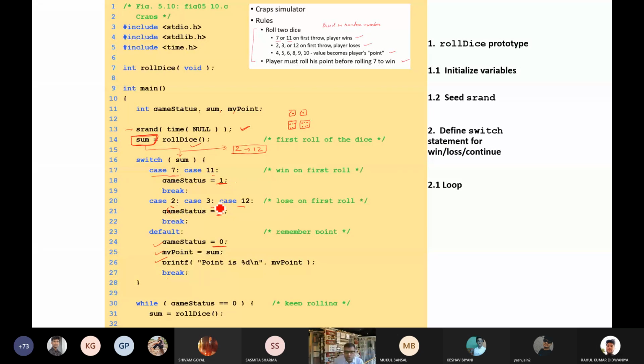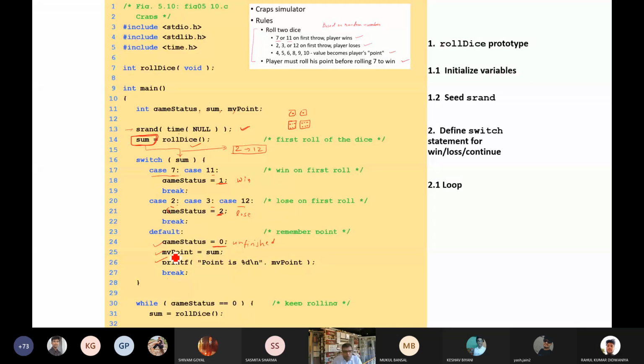Now case 2, 3 and 12, written here for lose. So game status equals 2, and then break. And what is the default? Initially game status equals 0. It means unfinished. So the values mean win, lose, and unfinished.